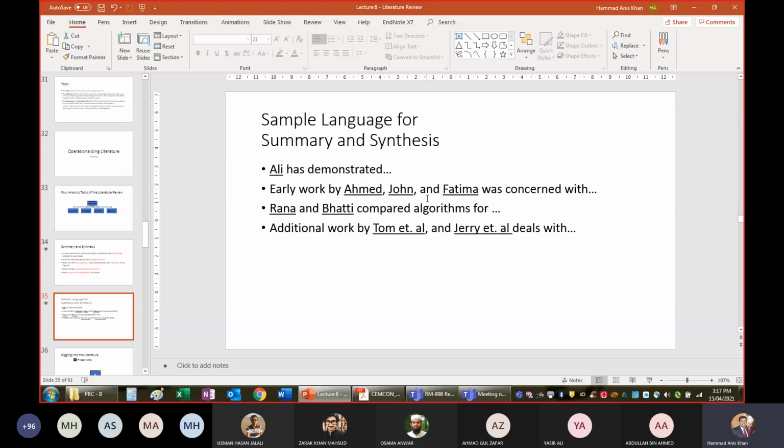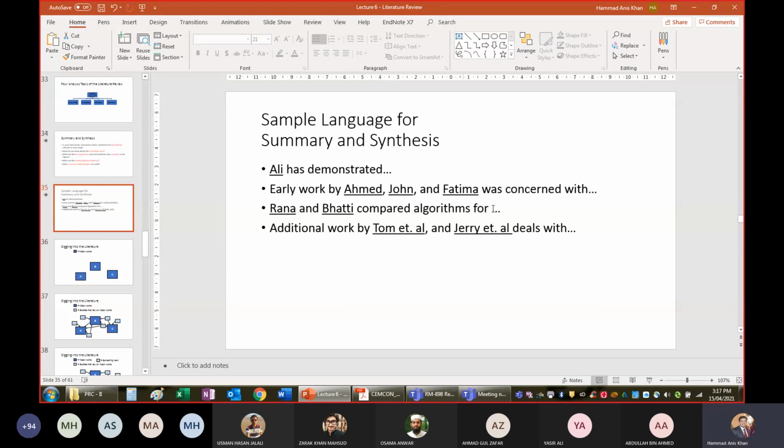Early work by Ahmed, John, and Fatma was concerned with. Rana and Bhatti compared algorithms for this. Additional work by Tom et al. and Jerry et al. deals with. You can use these kinds of sample sentences